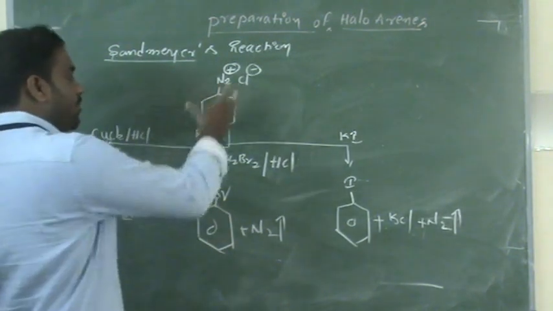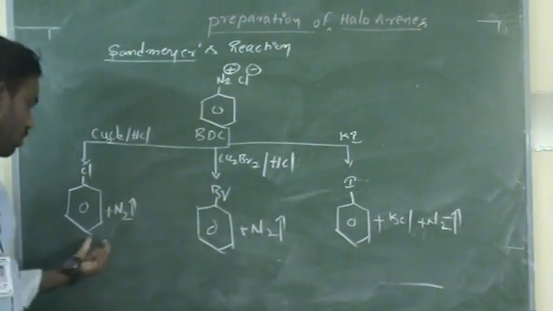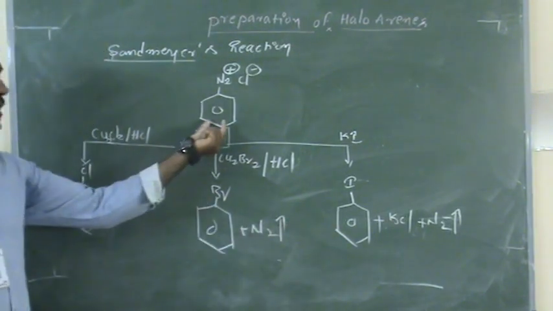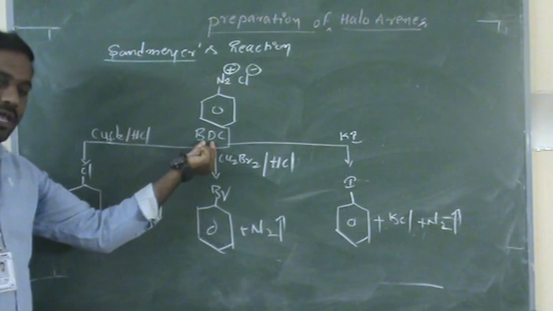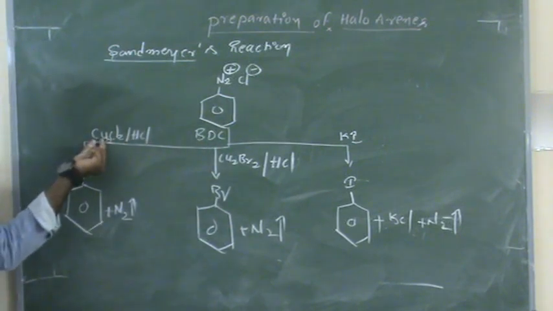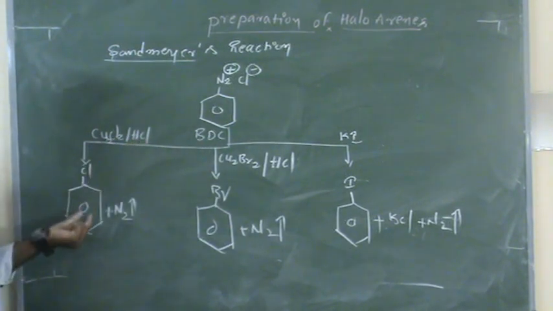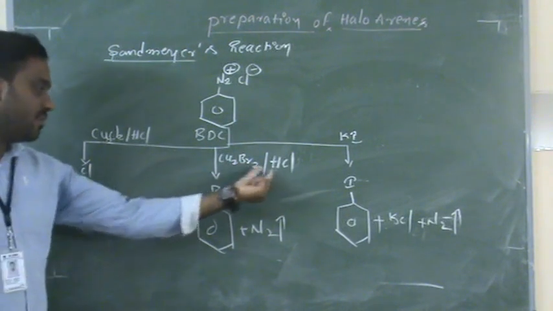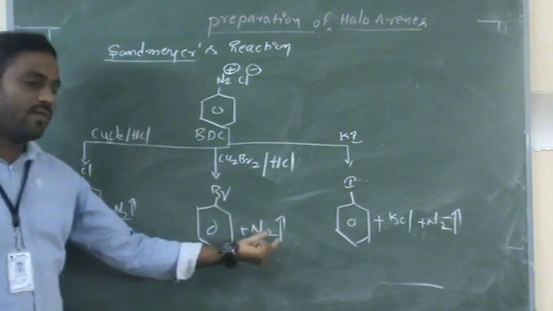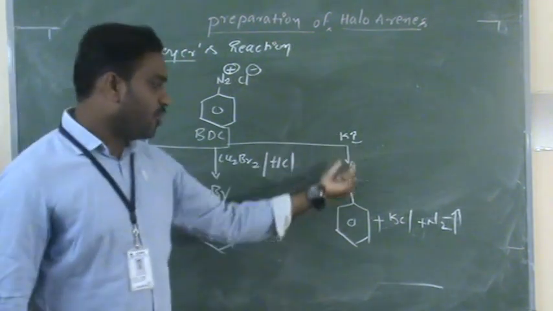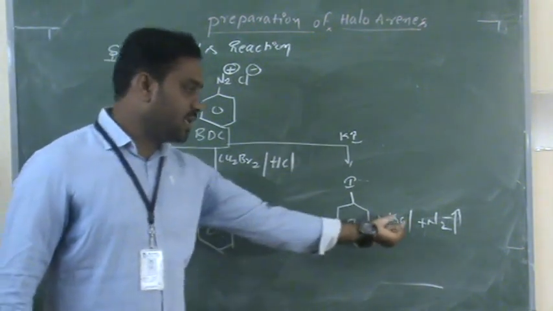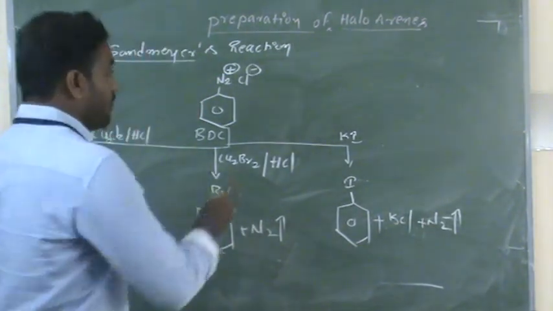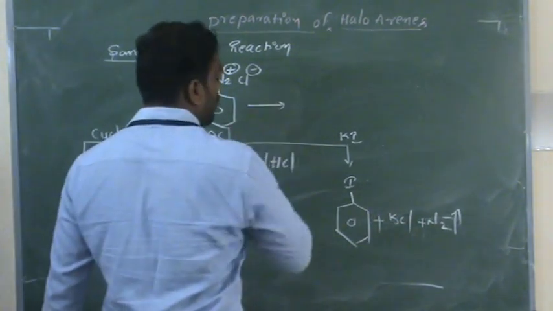So this is a way of preparing chlorobenzene, bromobenzene and iodobenzene by using benzene diazonium chloride. This benzene diazonium chloride can react with Cu2Cl2 and HCl, formation of chlorobenzene and evolving of nitrogen gas. Cu2Br2 in the presence of HCl, formation of bromobenzene and evolving of nitrogen gas. You use potassium iodide, you will get iodobenzene, and KCl and N2 is the byproduct. Suppose if we use the